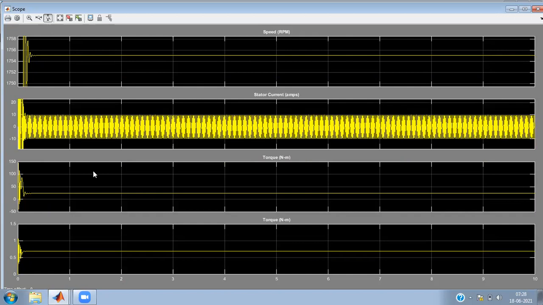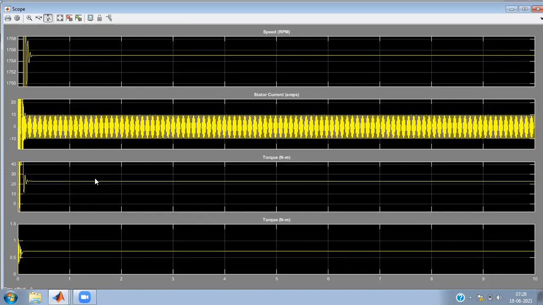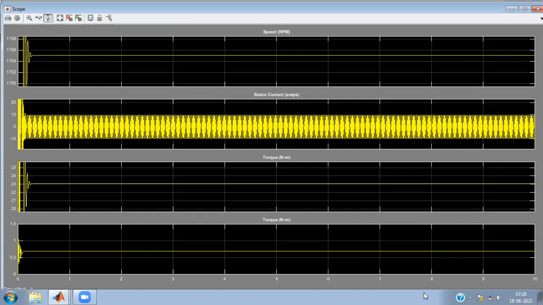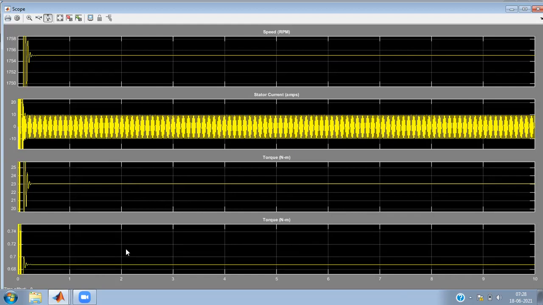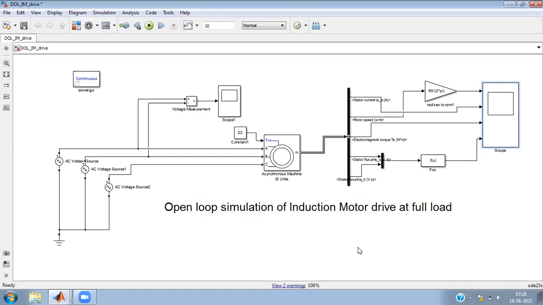This is stator current, and this is my torque. How much torque should be there? It should be 22. Yes, slightly higher torque is there because it is also supposed to provide friction and other load torques, right? And this is my rated flux, right? So this is approximately 0.68 or something like that. You can see this is how you can verify, yes, my induction motor is running at the rated conditions. So now we are good to go. All the parameters you can measure.